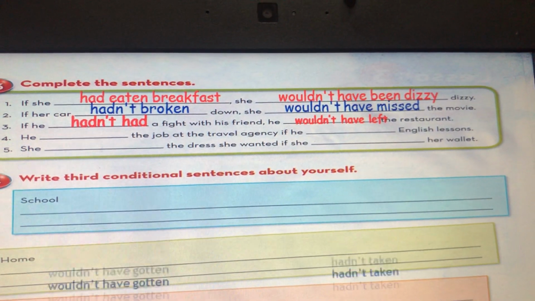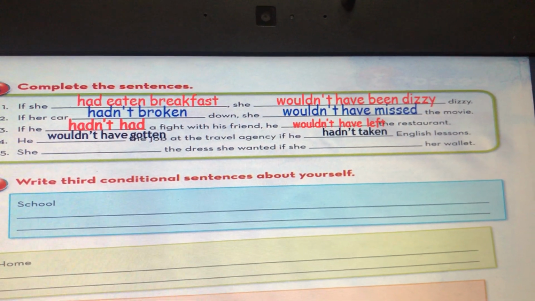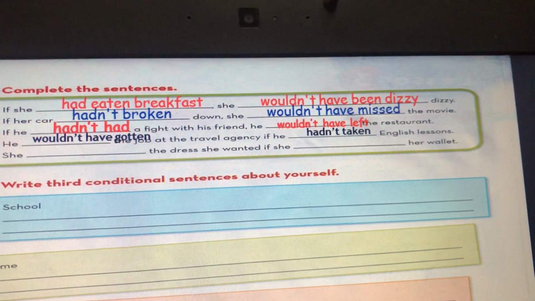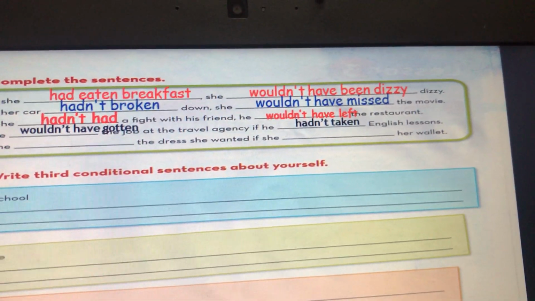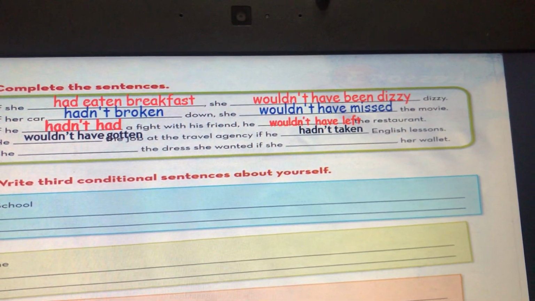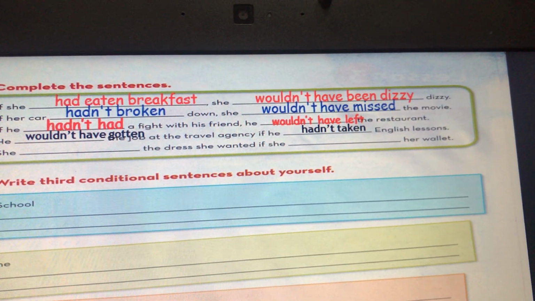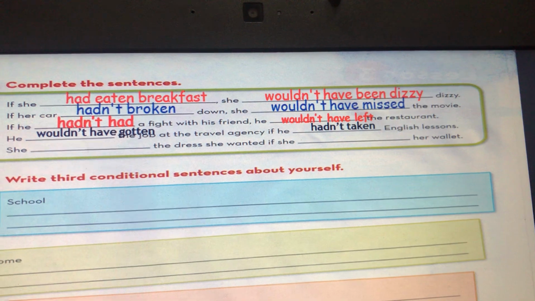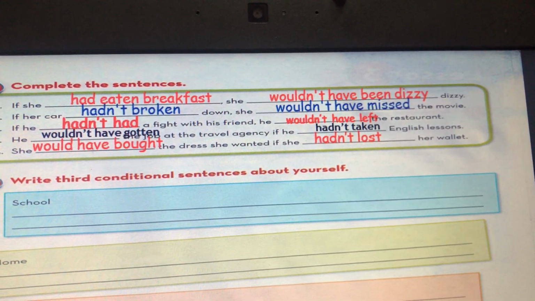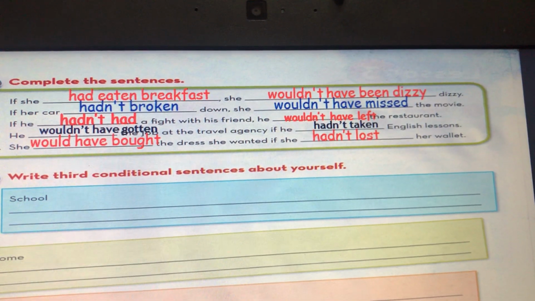And 4. He wouldn't have gotten the job at the travel agency if he hadn't taken English lessons. And the last one, 5. She the dress she wanted if she her wallet. Yes, she would have bought the dress she wanted if she hadn't lost her wallet.